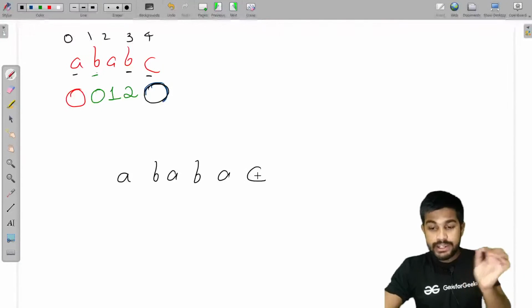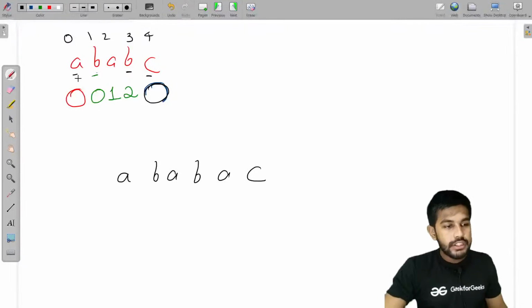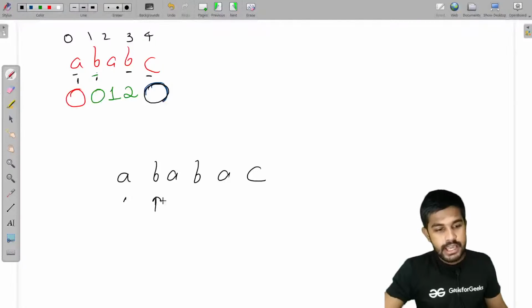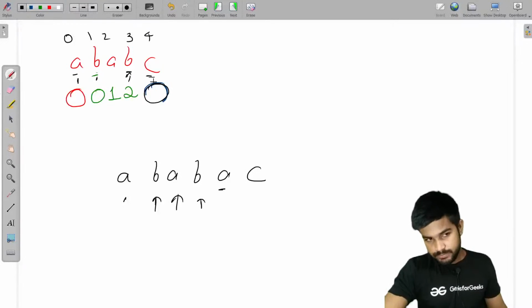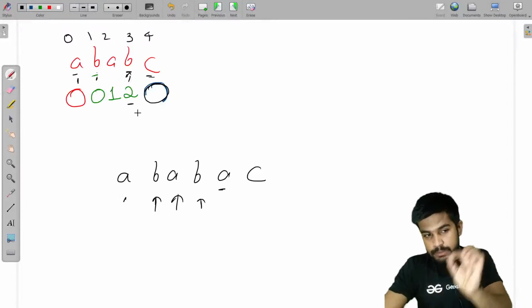Now let us calculate this. So this is same, this is same, this is same, this is same, this is same, this is same, this is same, this is same. Now at this point it is not same. So what we are telling is that if this is not same, then go to I minus 2, length minus 2,